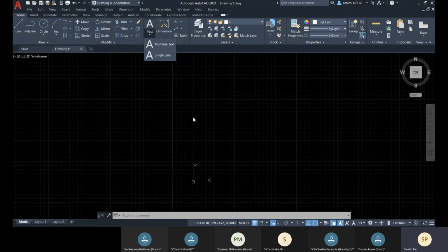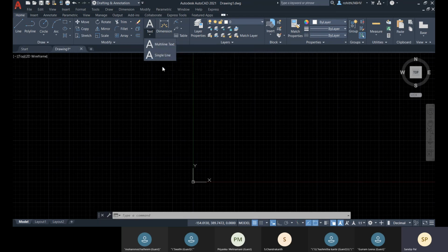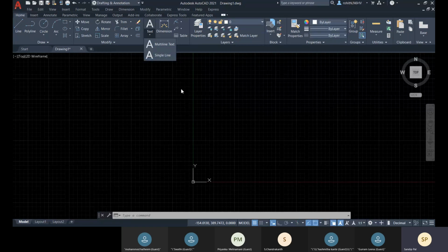So if you go for multi-line text, all the multiple lines can be taken as a single object. And if you go for single line, that means each single line is a single object.